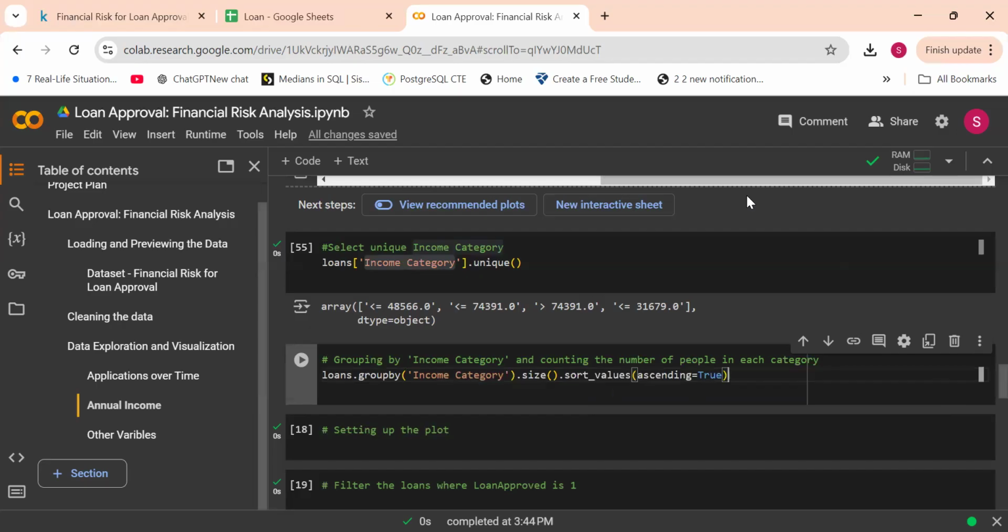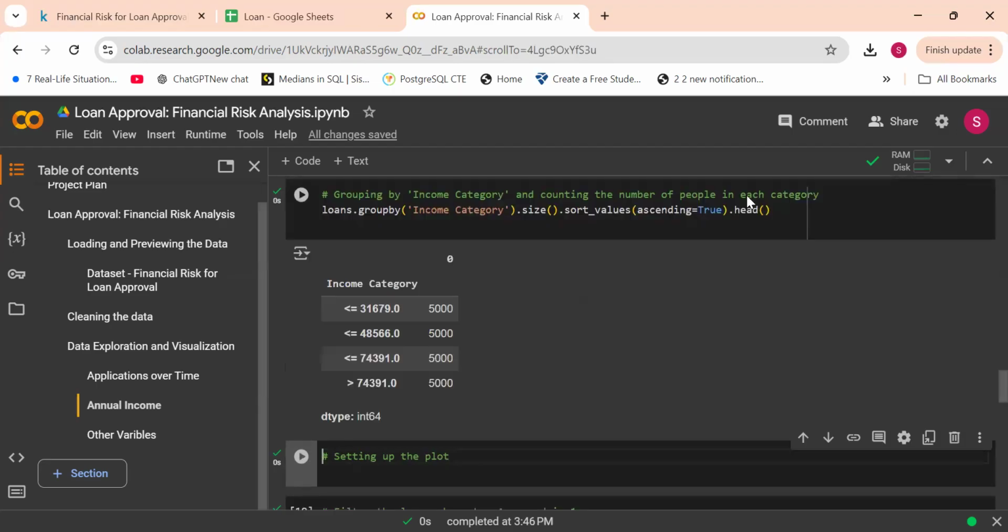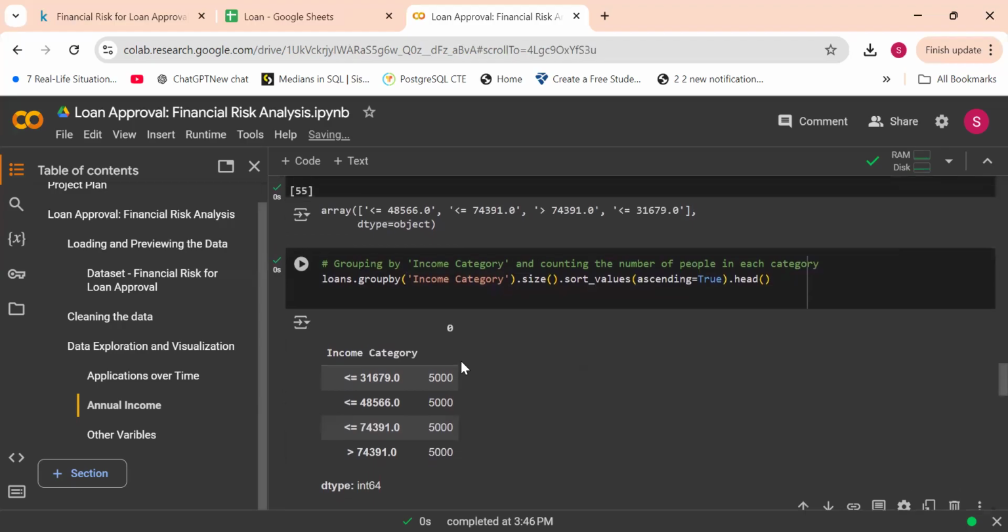We want to preview this, so it would be dot head, but we'll get rid of the dot head and then you see what happens. So as you can see,